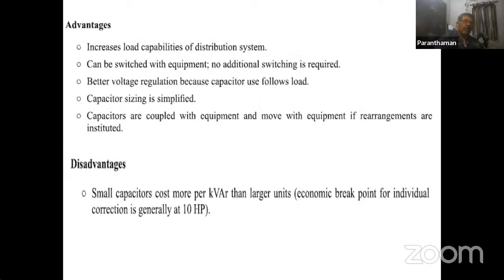What is the advantage of fixing capacitors at the load end instead of fixing one total big capacitor at the mains end? What are the advantages? Advantages are the load capabilities of